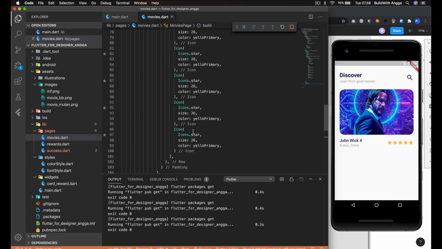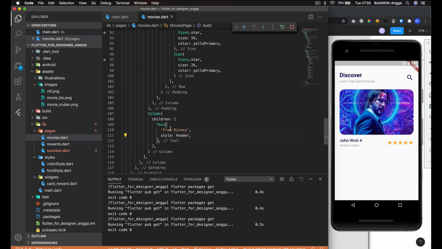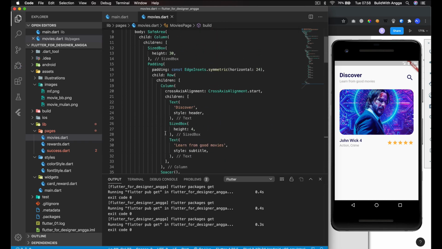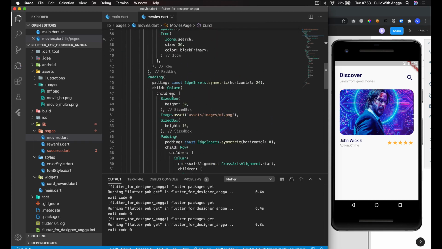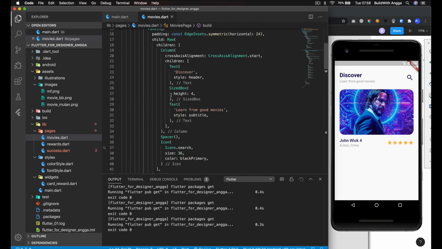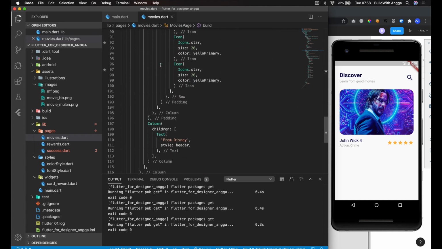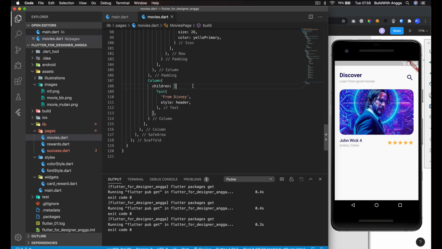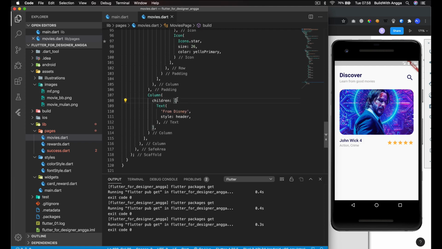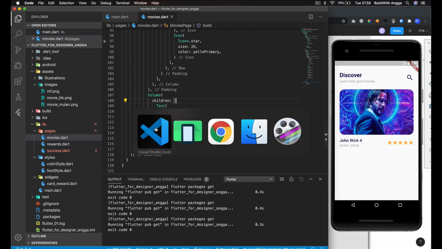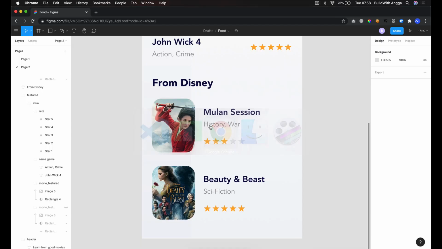Okay, wait, this is padding, close here, instead of this children, padding, close here. Okay, I guess, but where is the text? That's fine. Just continue first.